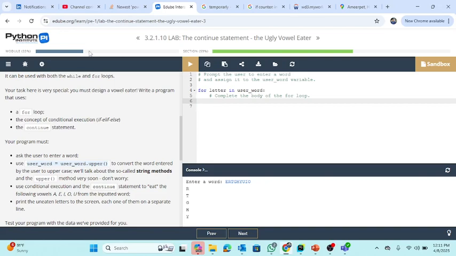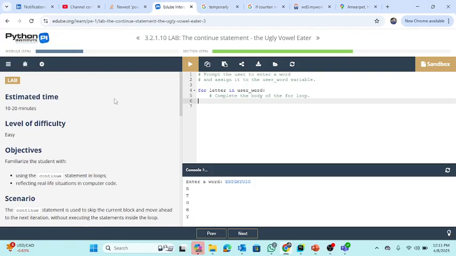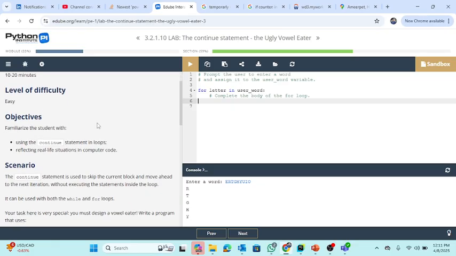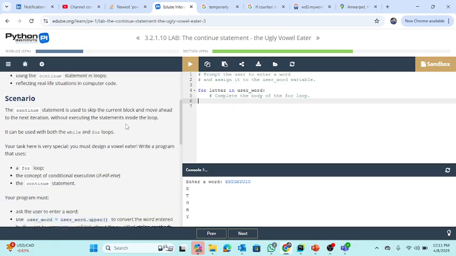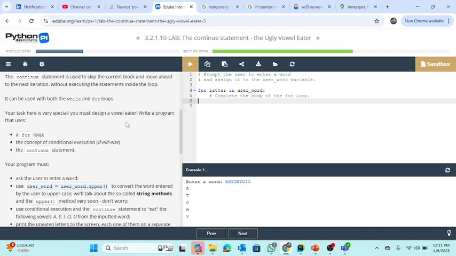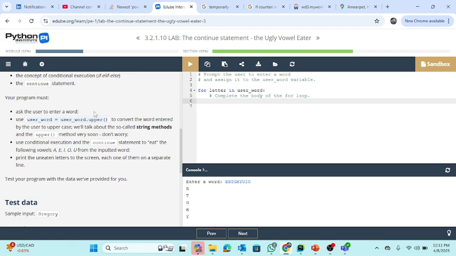So today in this video we'll see a Python certification lab exercise. The level of difficulty is very easy, using the continue statement. What he's saying is we have to use three things: the for loop, the if, elif and else, and the continue statement. These three things we have to use, and the user has to enter a word, then that word